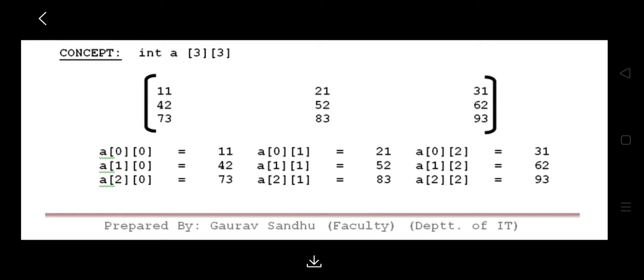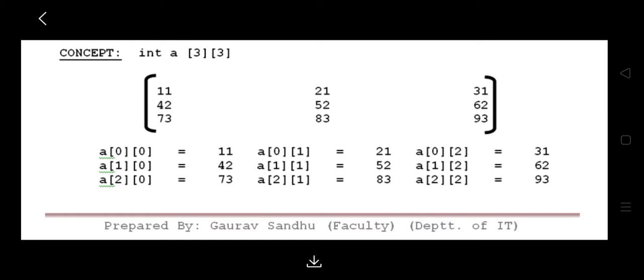Now on the screen you can see int a[3][3]. It can be defined as an array of arrays. The total number of elements stored inside the array A is 3 into 3, which is equal to 9. So we can say the data in a 2D array appears to be stored in a tabular form and can be represented by rows and columns. The total elements stored in the array can be obtained by multiplying the size of all the dimensions, that is 3 cross 3.